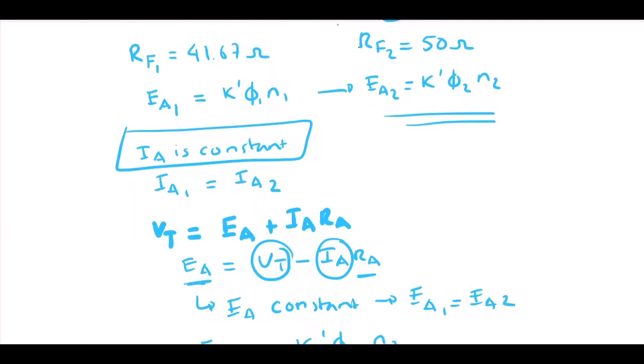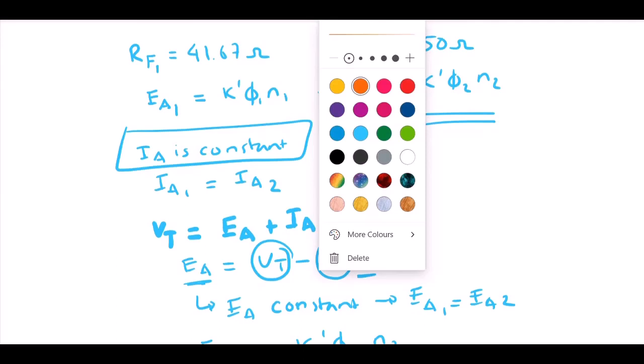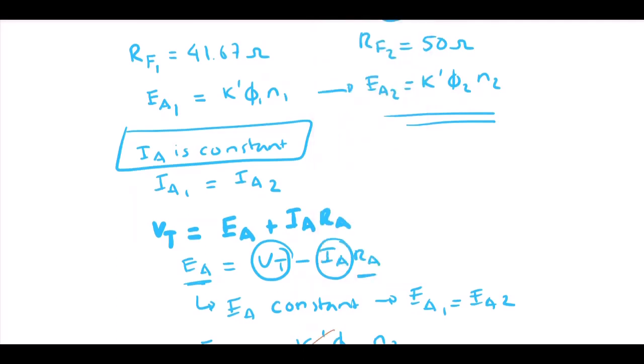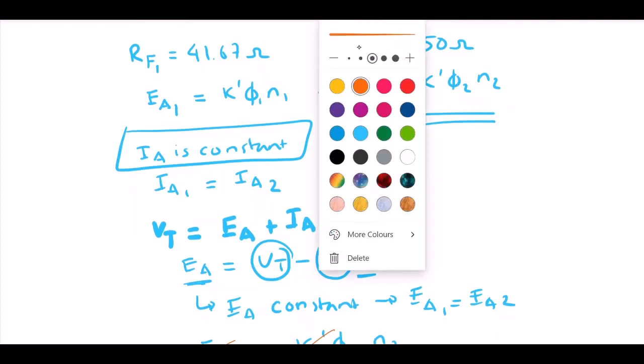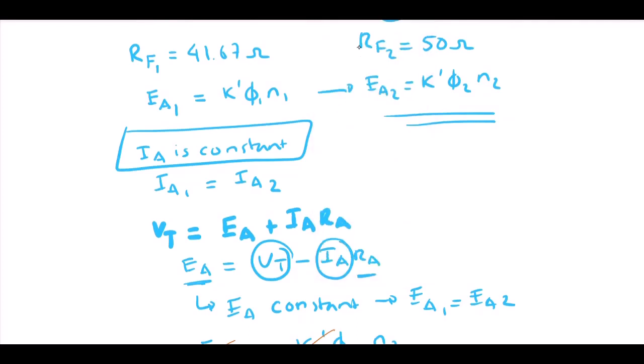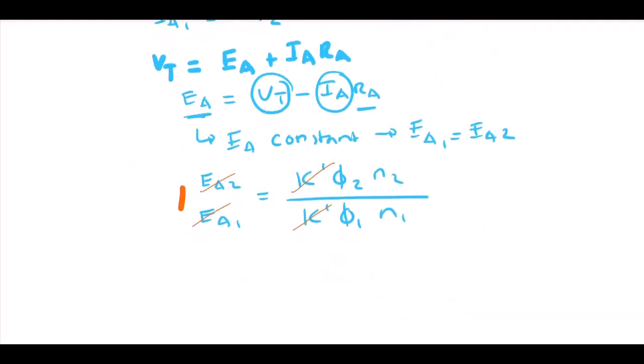Okay, and we can cross the K out because these two are the same, and EA2 is equal to EA1, so this is equal to 1. Yeah, this is equal to 1, and therefore what we have in here is that